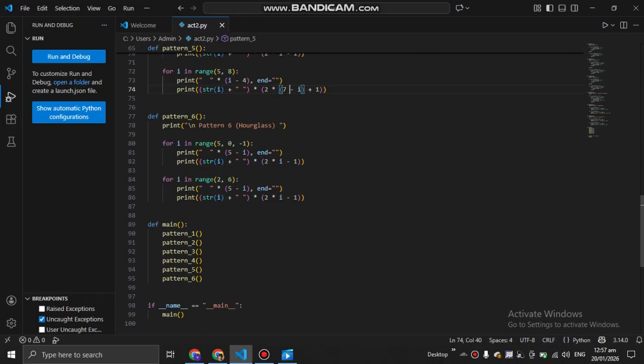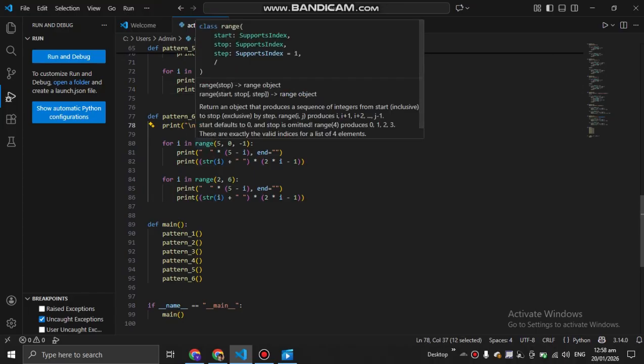So the last one is pattern 6, the last pattern. So def pattern 6 is to print hourglass. It's more like an hourglass, so that's why I put hourglass here.